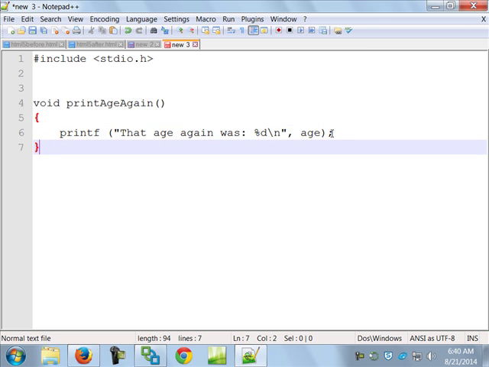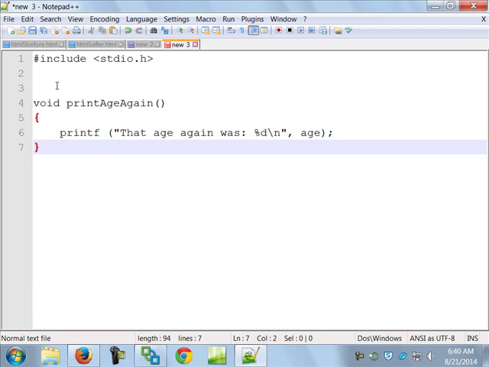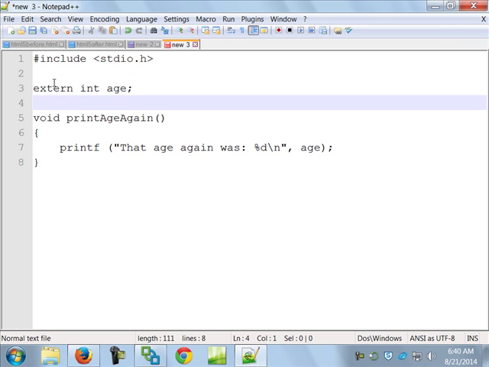Now, the way this program is written right now, it won't work because age is defined in a different file. But what if I wanted to use that in here? Can I? The answer is yes. But then I have to say extern int age, which means that age has been defined someplace else, and as long as it's in the same folder or the same area as this program, the system will go out and find it.